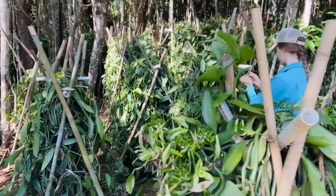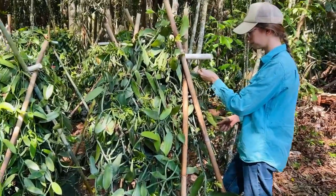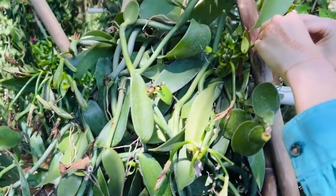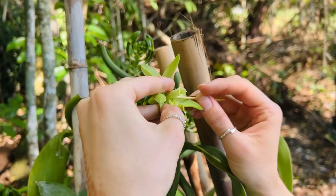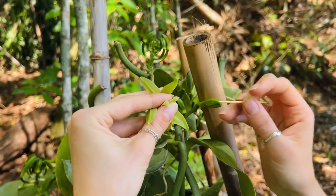She's pollinating flowers today. So this is the time of year when the flowers need to be pollinated every morning. It smells good in here. Yeah, it does. So India's up to number 223. She has to count them each morning. And I don't know if you can see what she's doing there, but